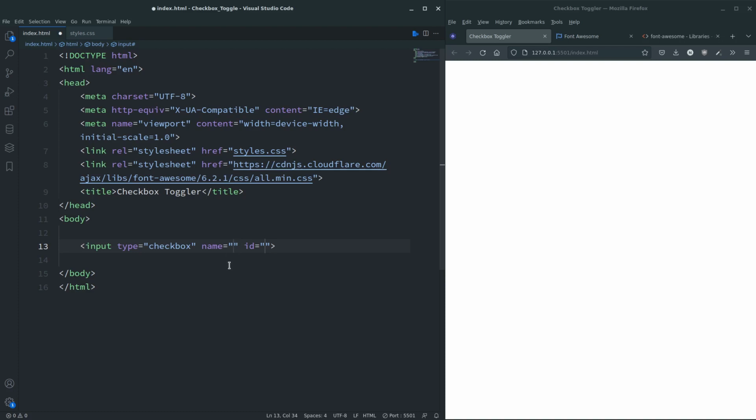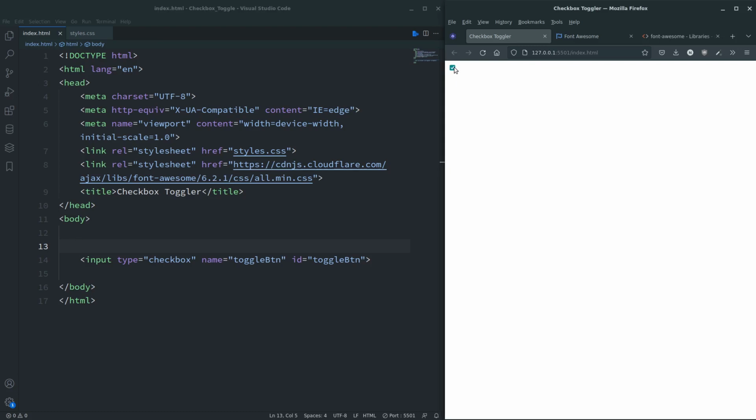The name is what is referred to when you submit it to another page. The page you submit it to, if you're using a form, when you submit it, then that page will refer to this checkbox via its name. So it's always best to give it one. So toggle button, and I'm going to use the same for the ID. So if we save that, you can see we've got a checkbox, and obviously you can have as many as you want, but I'm going to wrap this in a label